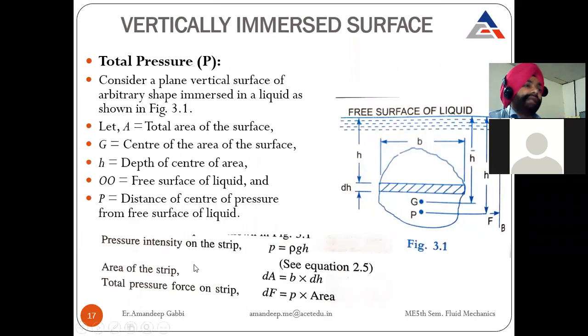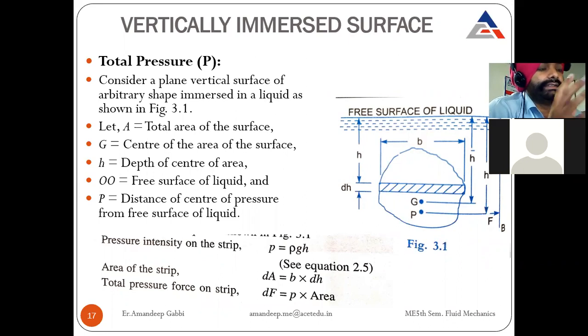So next is vertically immersed surfaces. The previous one was a horizontal surface. Then the next case is when a vertical surface is immersed inside the liquid. So let me explain this first on your PPT, and then I will do it on the board also. This is a bit different and more difficult part that is to be done. In this case,